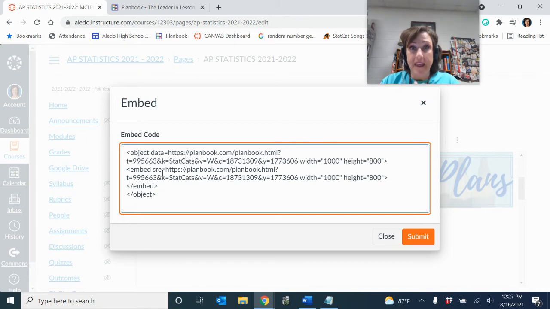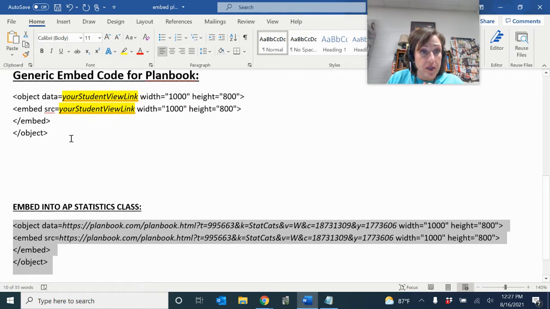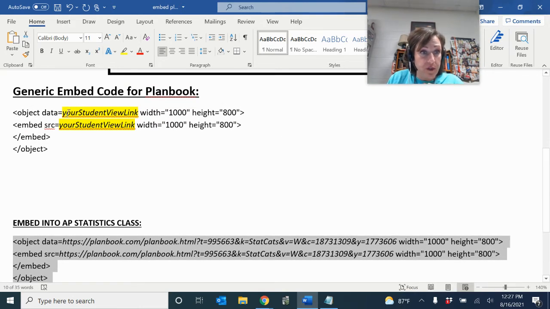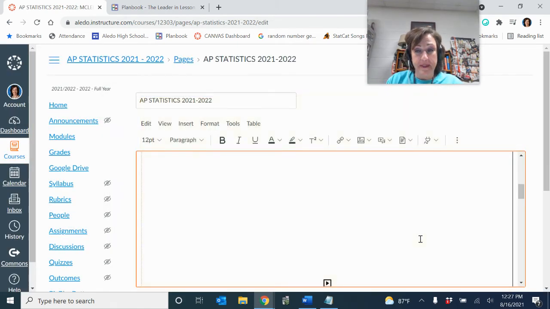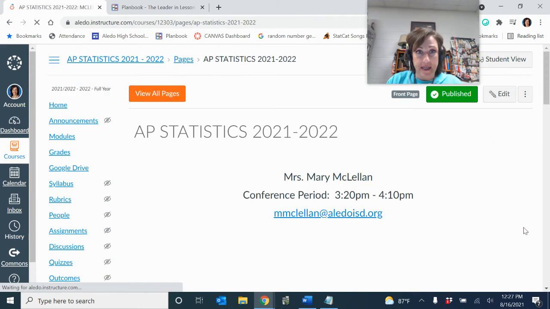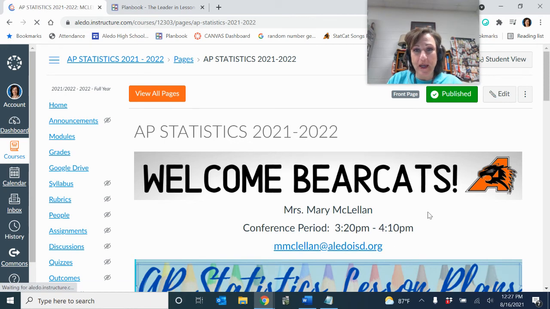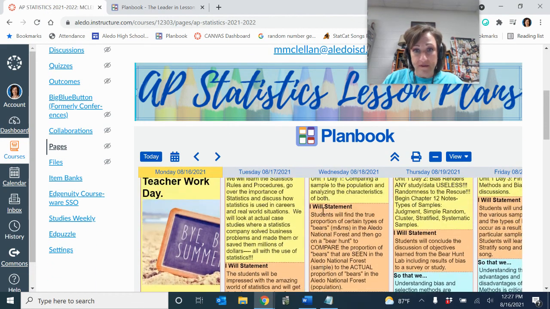There it is. That is what I just took from here. The embedded code with my AP lesson plans put in where it says your student view link. Okay. So now that I have that, I submit. And I'm going to hit save. And hopefully this shows up correctly. Voila! There it is. So again, you may not have this AP Stats lesson plans, but you would have this,